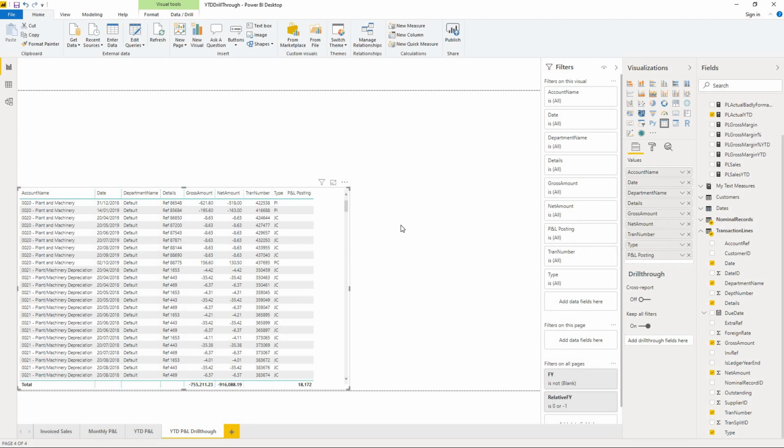Now, of course, there are a lot of transactions in my transactions table that don't form part of my profit and loss posting. This is a P&L drill through, so the key here is actually if I filter my table where my P&L posting amount is not blank,